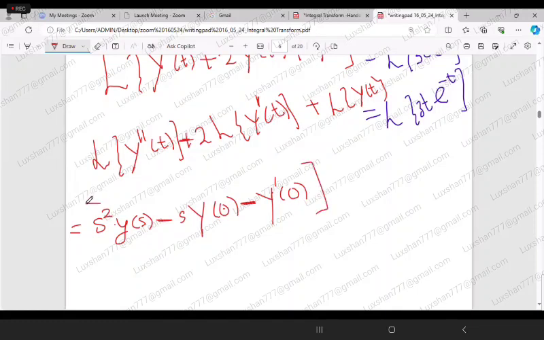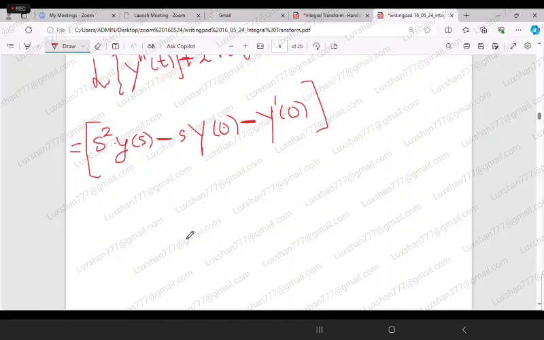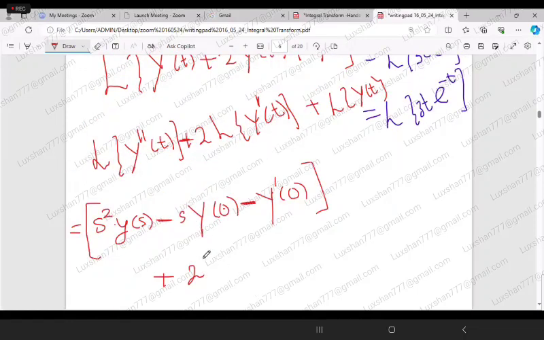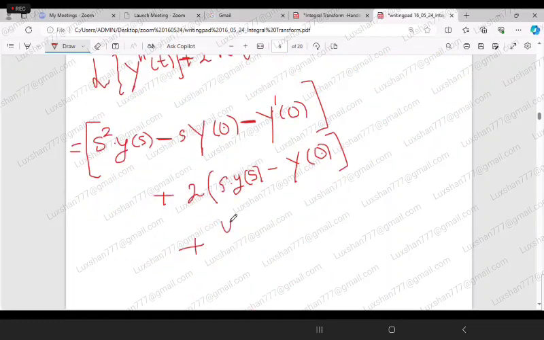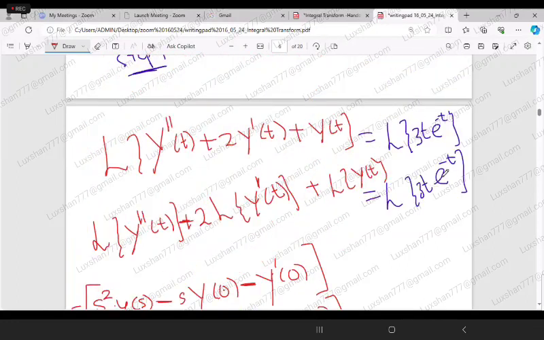So this is the Laplace transform of this one, plus 2 times Laplace transform of this one, that is s into Y(s) minus capital Y(0), plus Laplace transform of capital Y(t), that is nothing but Y(s), equal to